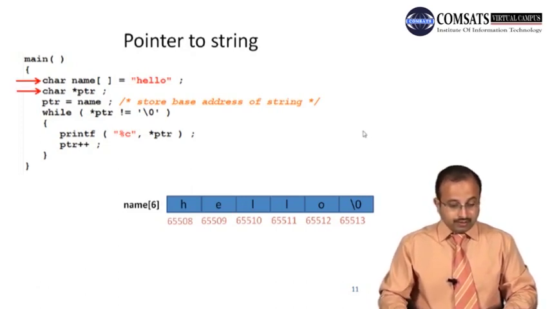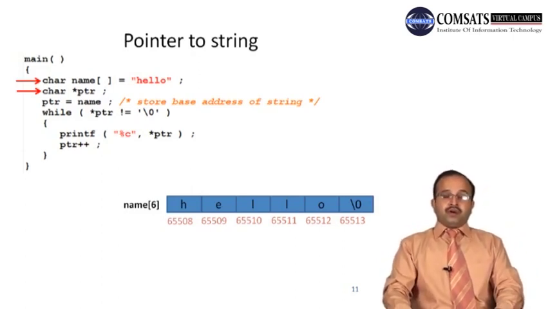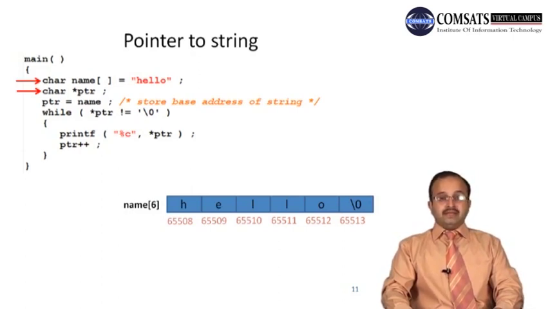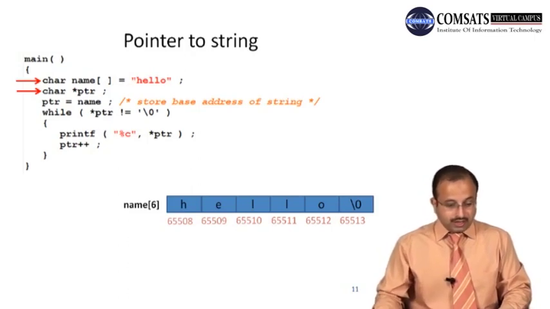Then we are going to declare a character pointer. So a character pointer is a pointer that points to a memory location where you can store characters only. An integer pointer is a pointer that points to a memory location where you can store integer constants. Then we are initializing this character pointer with name. So name is basically the same as &name[0], that is the base address. So this name is actually 65508